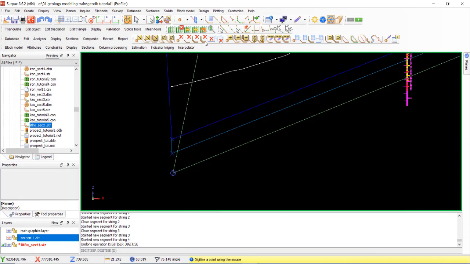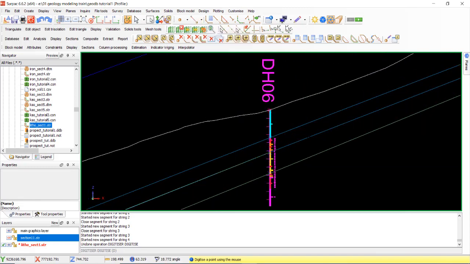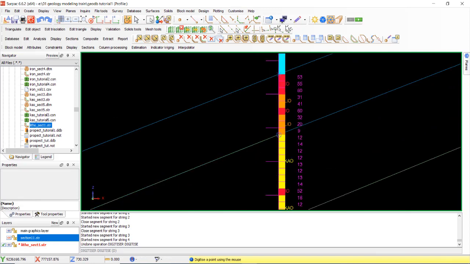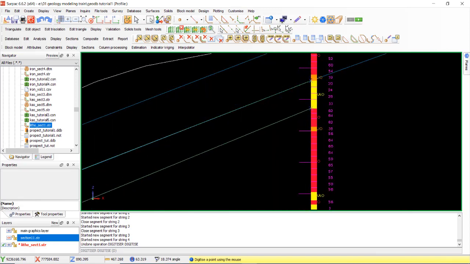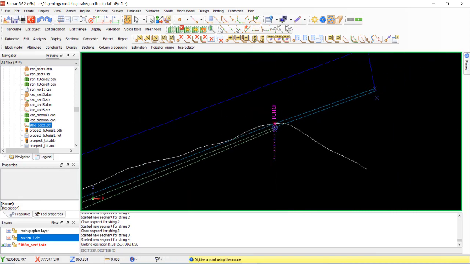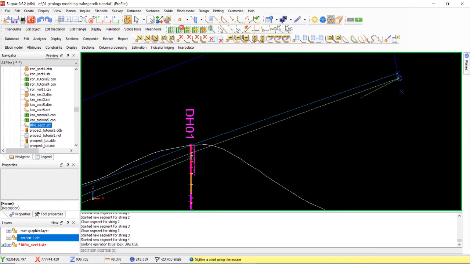Yeah. Select point. Select plane. This position is thin in thickness here.